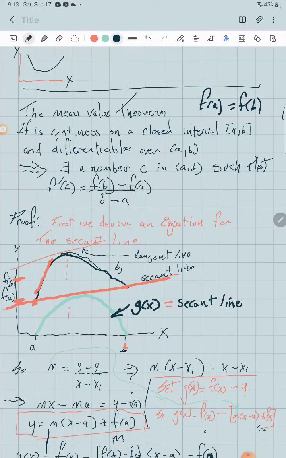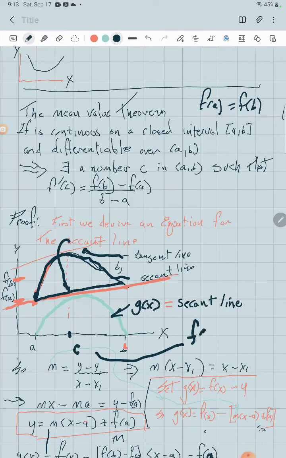Let's go here. I'm going to convert this curve. What I'm going to do is I know that there's a tangent line here, and this is the secant line down here, and this is the tangent line. So what the mean value theorem says is that there's going to be some value of c, right? There's going to be some value of c such that the slope